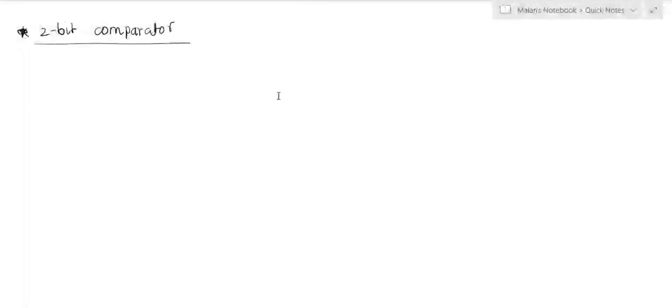In case of 1-bit comparator, the comparator is accepting 1-bit inputs. Similarly, in the 2-bit comparator, the comparator is accepting 2 inputs and the size of the 2 inputs is 2 bits. Now, if I say that there are 2 variables, A and B, as inputs, the size of these A and B variables is 2 bits. Means A will be either 00, 01, 10 or 11 and B will be either 00, 01, 10 or 11.